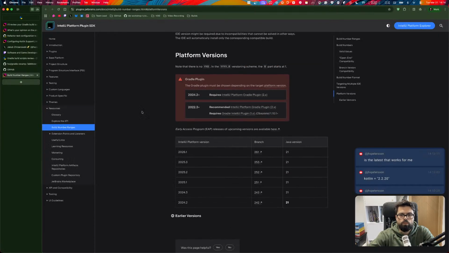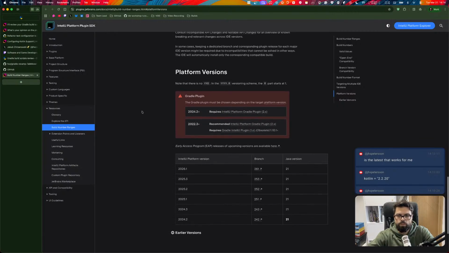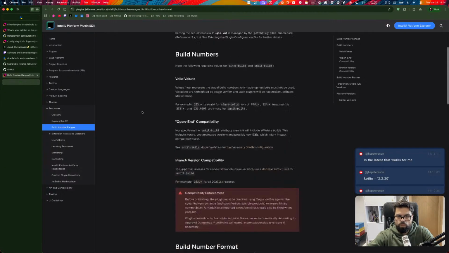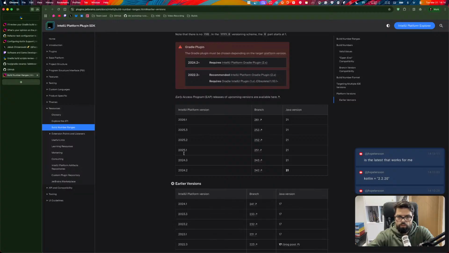So in the IntelliJ Platform documentation, we have a couple of tables. This table reflects